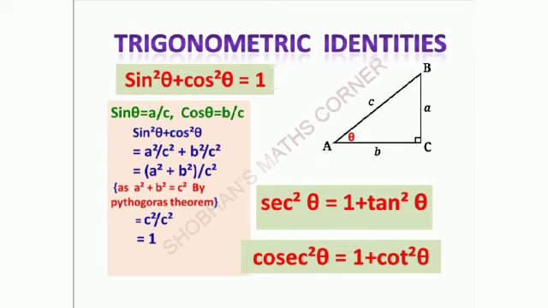Whatever the theta value, sin square theta plus cos square theta becomes 1 only. So we can use the same triangle and the same method to prove secant square theta is equal to 1 plus tan square theta and cosecant square theta is equal to 1 plus cot square theta. So these are the trigonometric identities, but by rearranging them, we can make more sub identities which can be used as formulas for fast calculation. Let us see those things now.